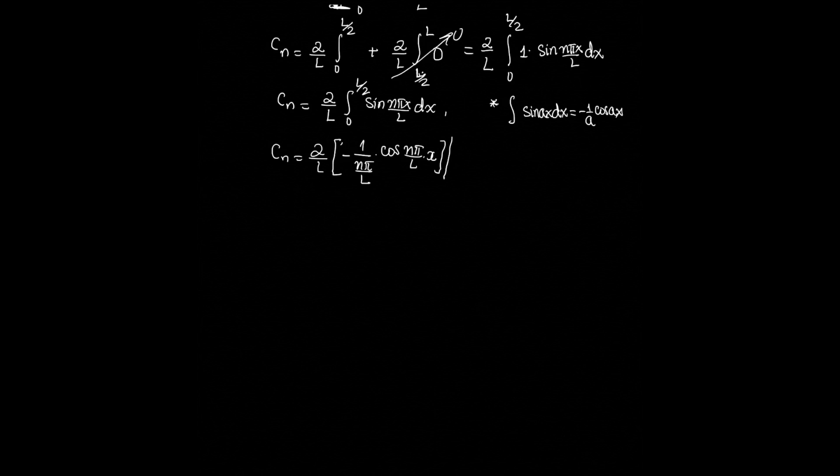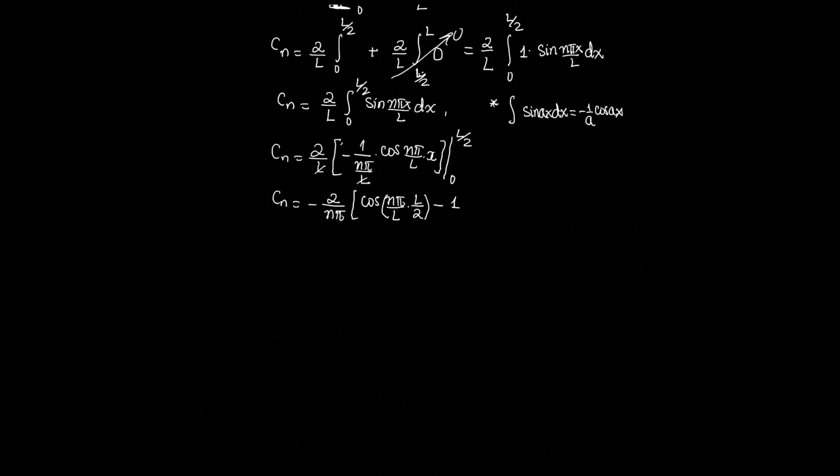This I'm evaluating from 0 until L over 2. Then I have Cn equal to, this cancels, so I have 2 over n pi, cos, when I sub L over 2, I have n pi over L times L over 2. Minus, when I sub 0,